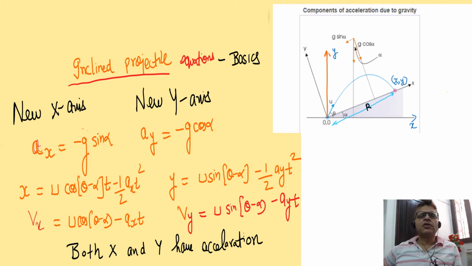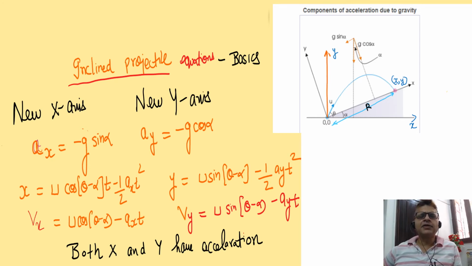Now you can see, on the chart you have the acceleration in the x direction mentioned and the acceleration in the y direction mentioned. In the previous concepts of projectile motion, the acceleration was only present in the y-axis, but in the new coordinate system the acceleration is present in both the x-axis and the y-axis. So if you were to write the displacement of the projectile in the x-axis, you can use s is equal to ut minus half at square, and